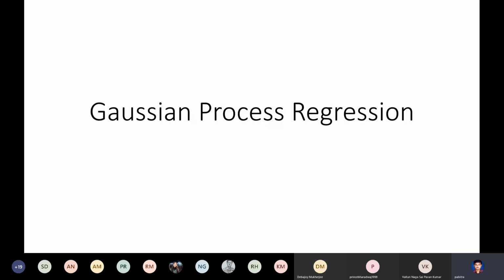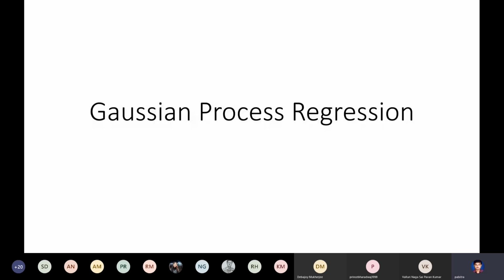We have studied the linear models, the regression models, and also the logistic regression model. We will still study regression, but by a different technique known as the Gaussian process. The advantage of this technique over linear regression is that it allows nonlinear regression. It allows nonlinear functions to be fit.